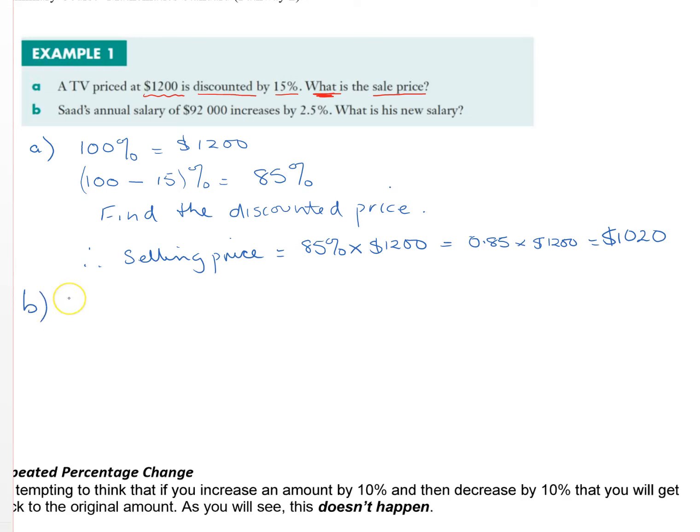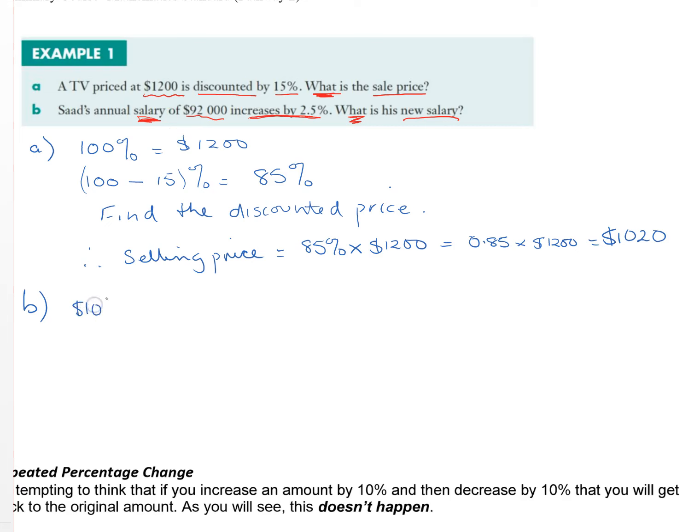Okay, let's go on to B. And again, I'm going to underline the key features of the question so that I can begin my solution with identifying what I've underlined. Sayed's annual salary of $92,000 increased by 2.5%. What is, find his new salary. So